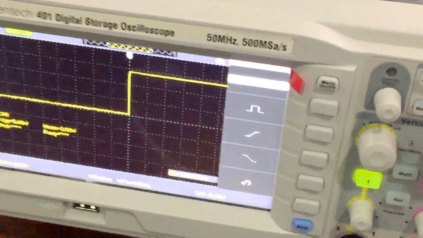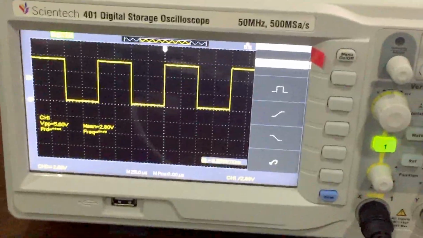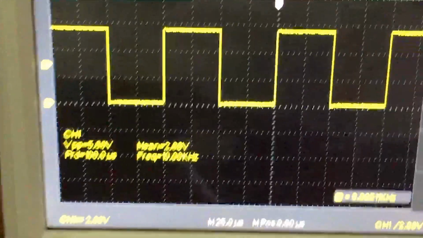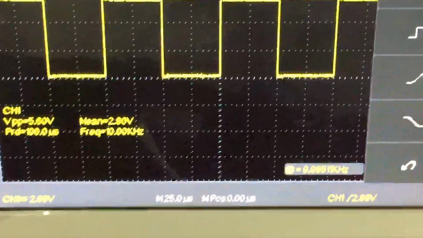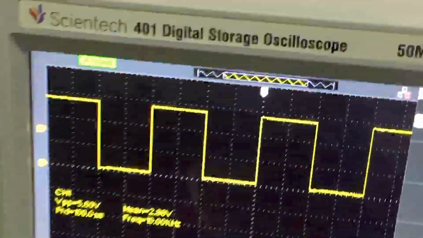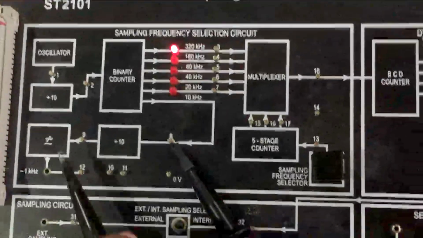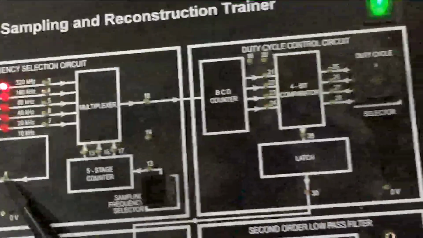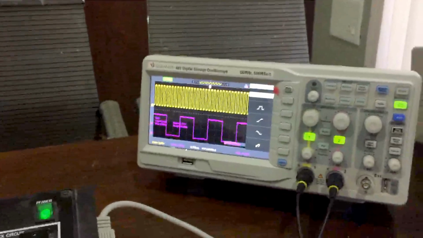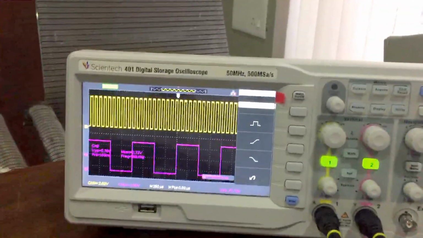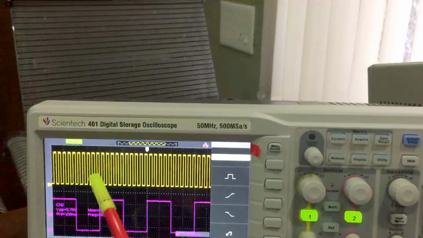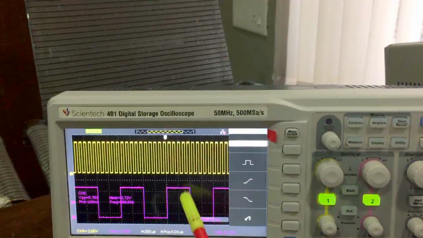If we set auto mode, it will fit to our window. Now we are able to see a 1 kilohertz square wave, sorry, I should apologize, it is 10 kilohertz. Now there is a divide by 10 network, and we'll see in dual mode. This divide by 10 network will divide this frequency by 10, and we would like to use dual mode, where we can see our signal, which is the 10 kilohertz square wave, and divide by 10, that is the 1 kilohertz square wave.